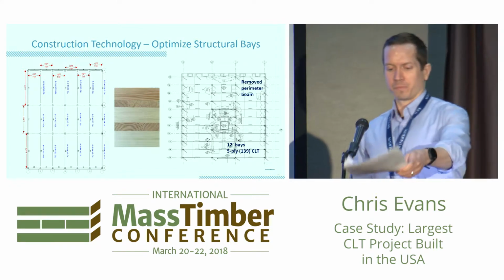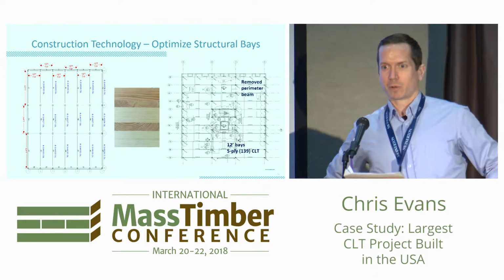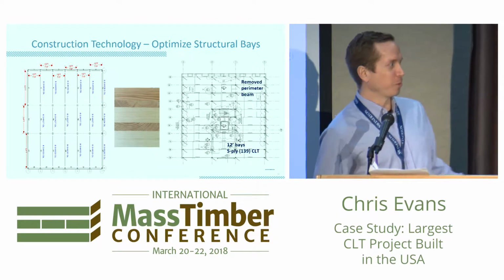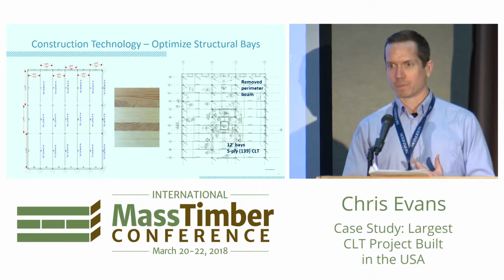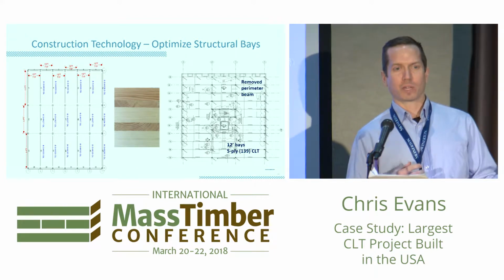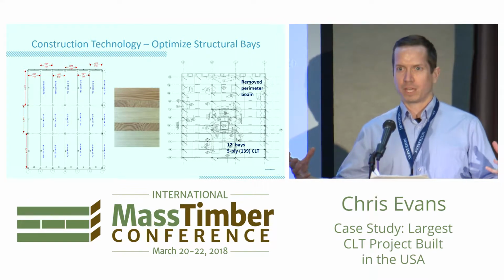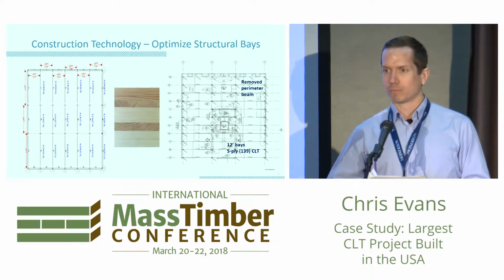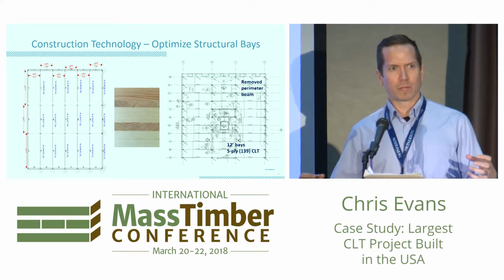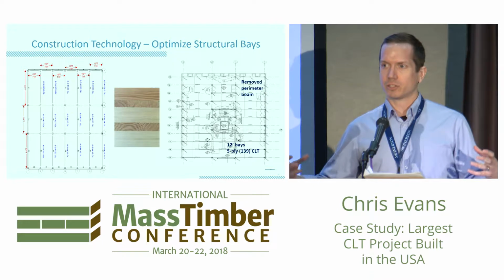All right, thank you, William. When we started off this job, William called me one day and said, I think we're going to go to mass timber. And I immediately said, awesome, we're going to build it. So we figured out a way to self-perform the erection of the building. And our big goal at the beginning was to say, how can we take advantage of the prefabricated element of the mass timber? And not just prefabricate the mass timber columns and beams, not just put the hardware on in the factory, but how can we prefabricate the mechanical, electrical, plumbing, fire sprinkler trades, and try to speed up the